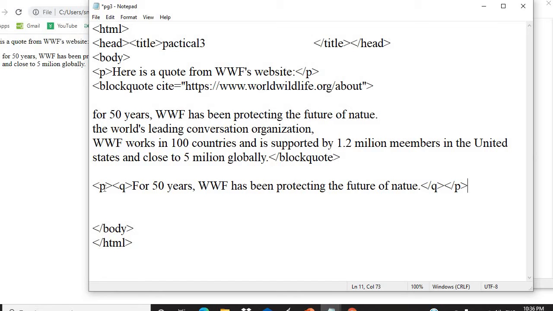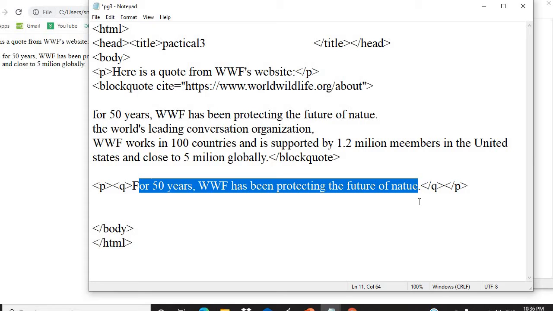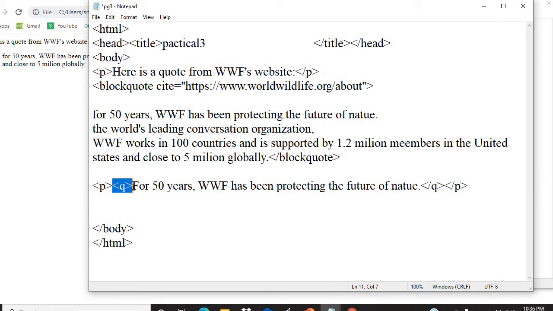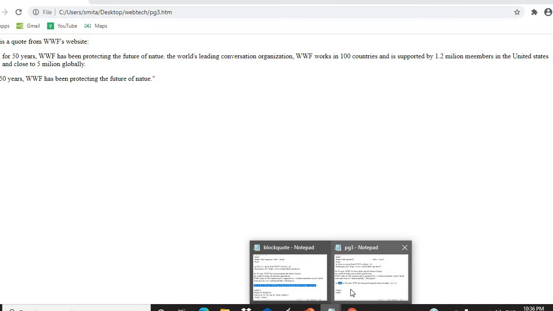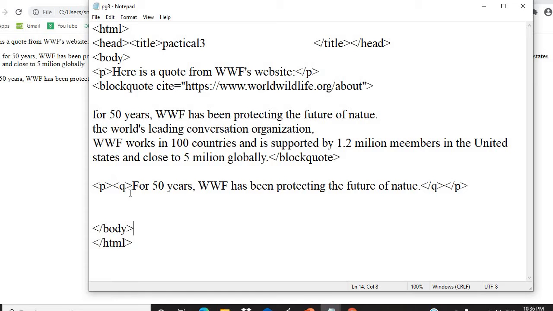The browser normally inserts quotation marks around the text. For example, if I want quotation marks for this entire statement, you can give the Q tag. Let's save the changes, and you have to refresh your browser. You can see quotation marks appearing. So if you want to give any quotation in between the text, you can use this Q tag.